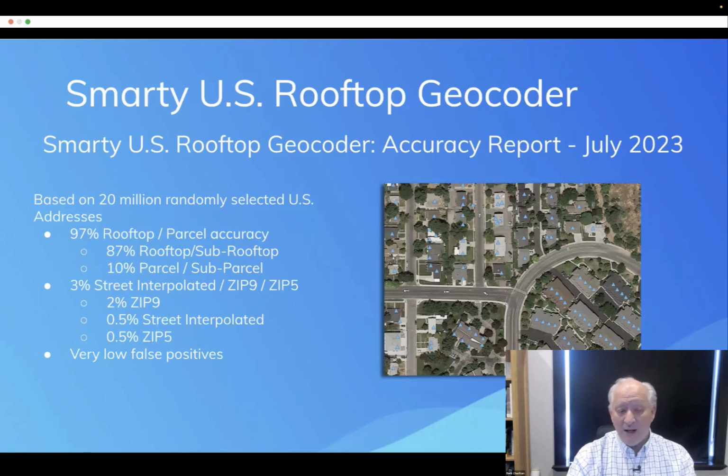So we've made really, really great progress on this. We started off good and we're just getting better and better all the time. Every quarter we do a sample. We take 20 million randomly selected US addresses and then rank them and show the accuracy of them. This last benchmark report that we did showed 97% accuracy at the rooftop or parcel, and breaking that down further, 87% of our matches were at the rooftop or sub-rooftop,